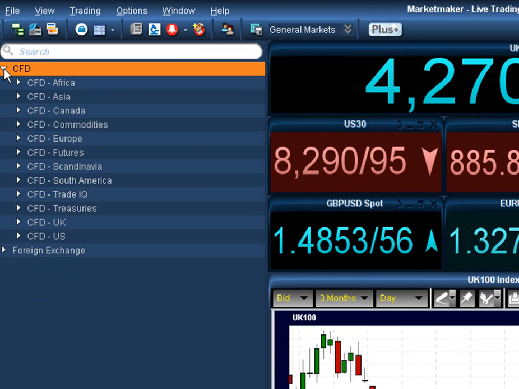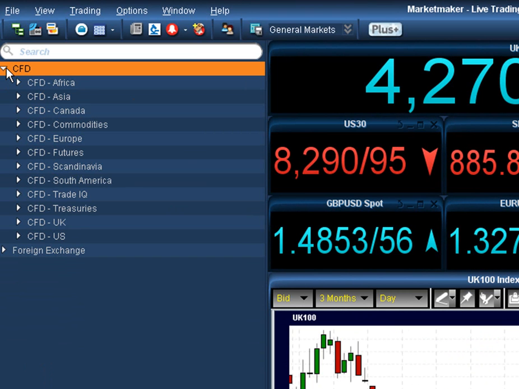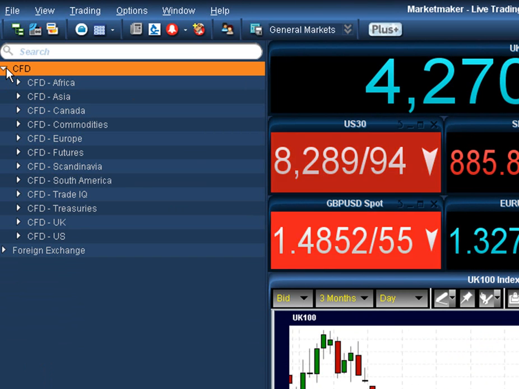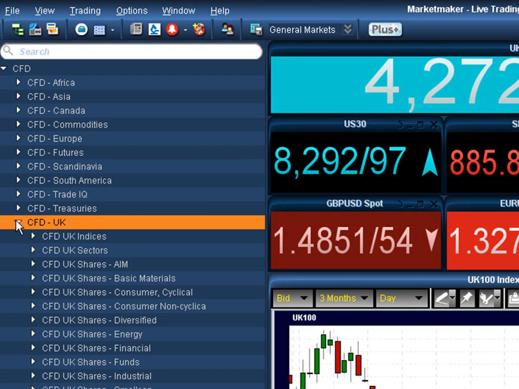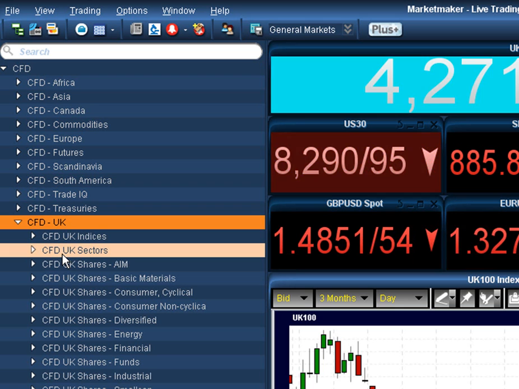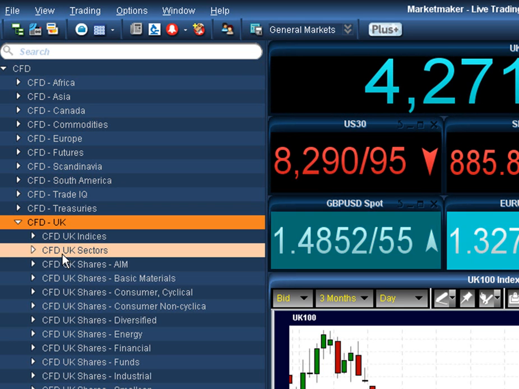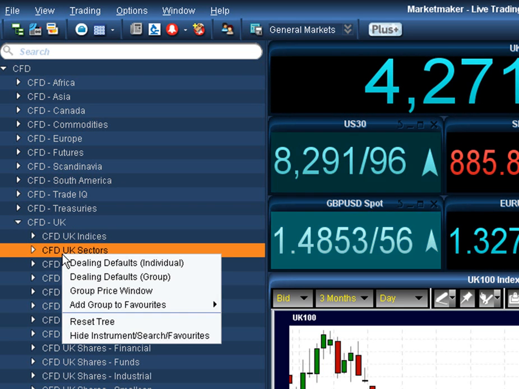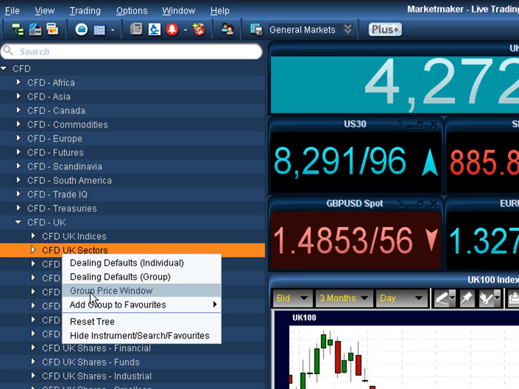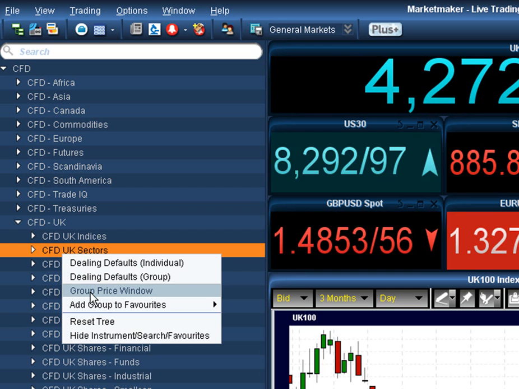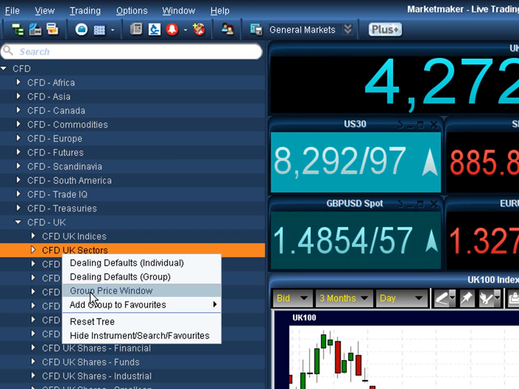Alright, so first of all, let's bring up a group price window that is currently in the system. So a couple of options are that you could bring up a group price window on just the UK sectors. To do this, simply go down to the CFD UK sectors tab, right click on the heading, and then click on the group price window. And that will populate with the group price window that we saw earlier in the bottom right hand corner of